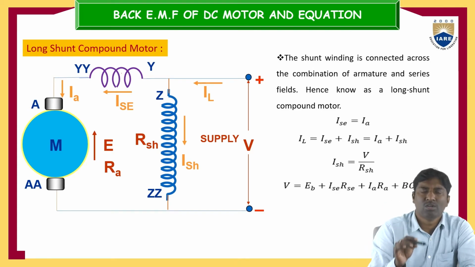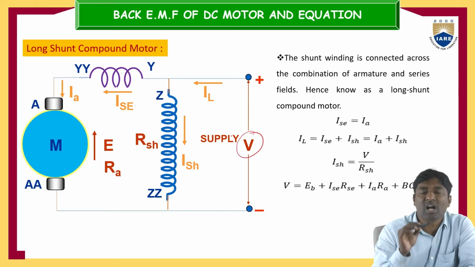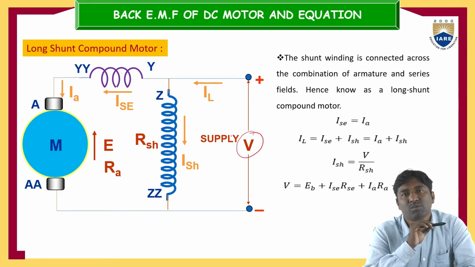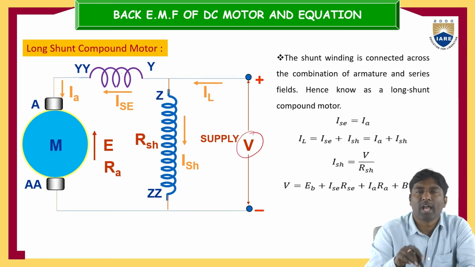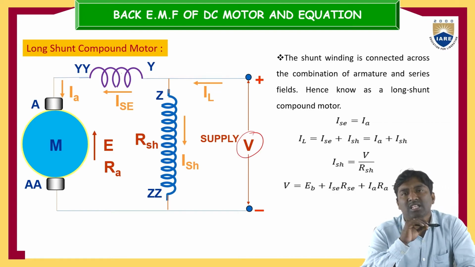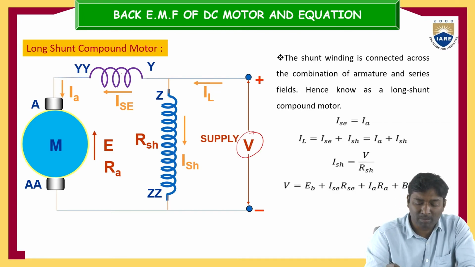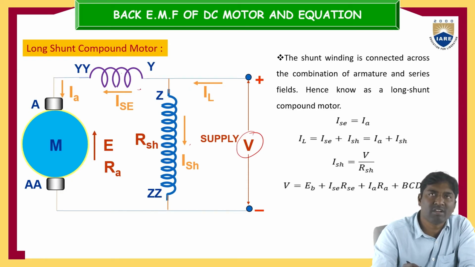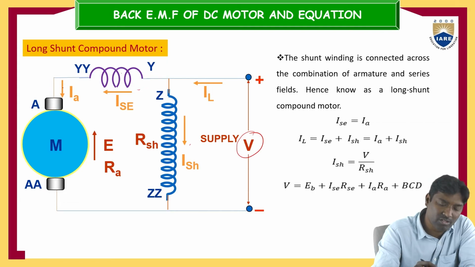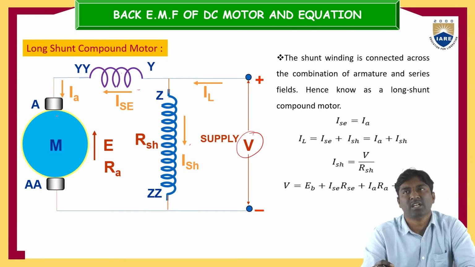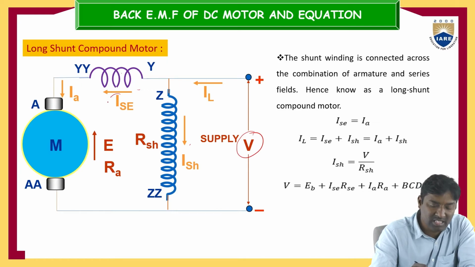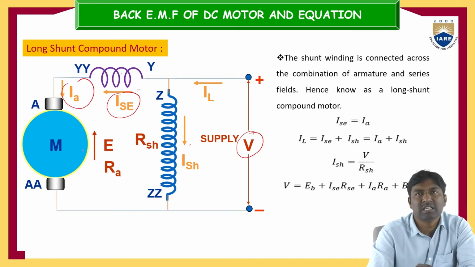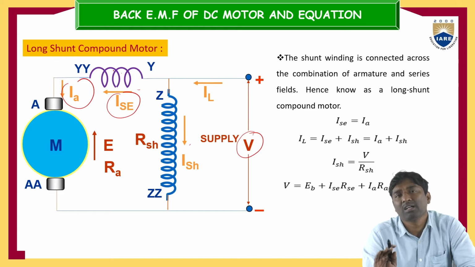Okay. So, I can apply again, according to the DC motor function, that I am giving electrical energy as the supply. So I am giving the supply voltage V, then IL will be divided into two: the shunt field winding current and a series field winding current. And the series field winding current goes to the armature current. Here in this case, ISC is equal to IA, because these both are connected in the